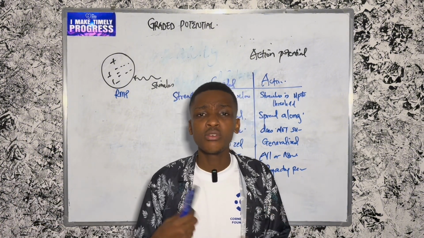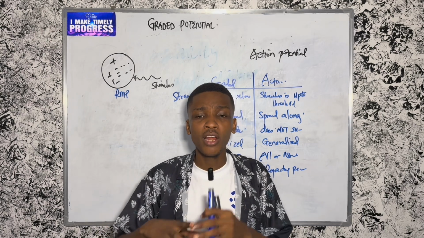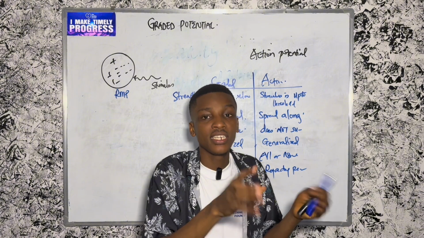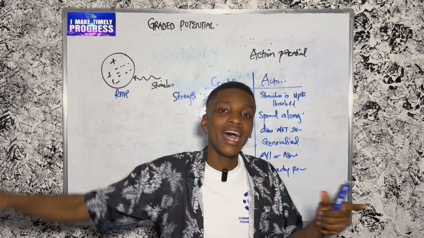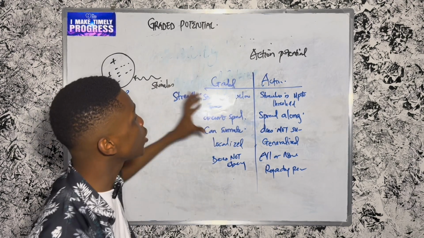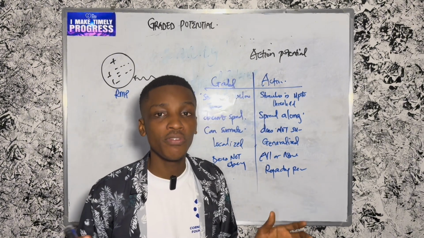Then another thing we can still mention is that if we are looking at a neuron, we tend to see graded potential in the cell body and dendrites. But then for the axon, that's where you have action potential. So what have we captured in this particular video? The key thing we've learned is that